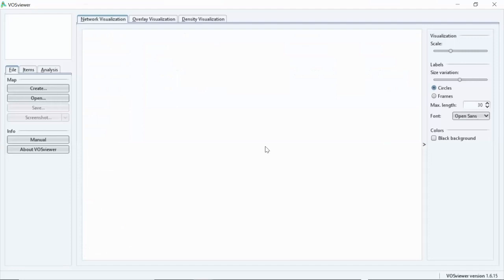I have opened the application. This is how it looks when you open the VOSviewer application for the first time. This is the home page of VOSviewer. There are three panels: the left panel, the middle panel, and the right panel. The left panel consists of menus for creating and importing files from your local system.